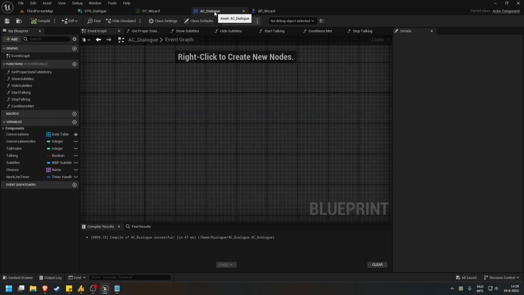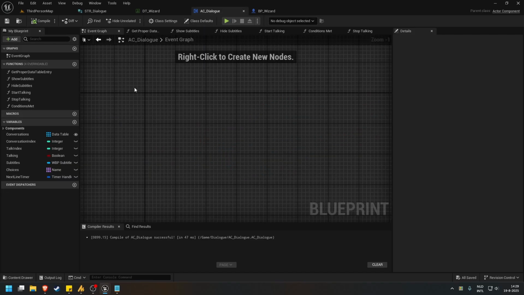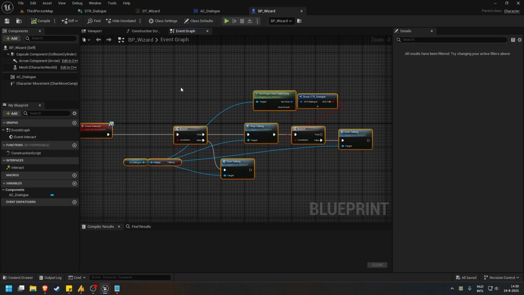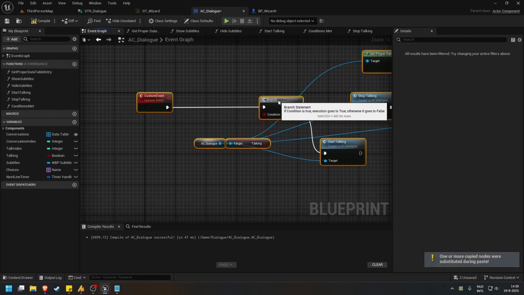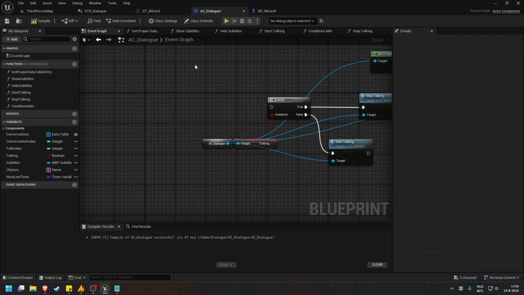Another improvement we can make is to migrate the interaction event from the wizard into the dialog system. This way, anything or anyone who has a dialog system or a dialog component attached to them will be interactable and will therefore be usable with the dialog you have given it. So let's go ahead and select all of this and press Ctrl X to cut it and Ctrl V to paste it. Now the problem is this will make a custom event, which means we have to delete this,